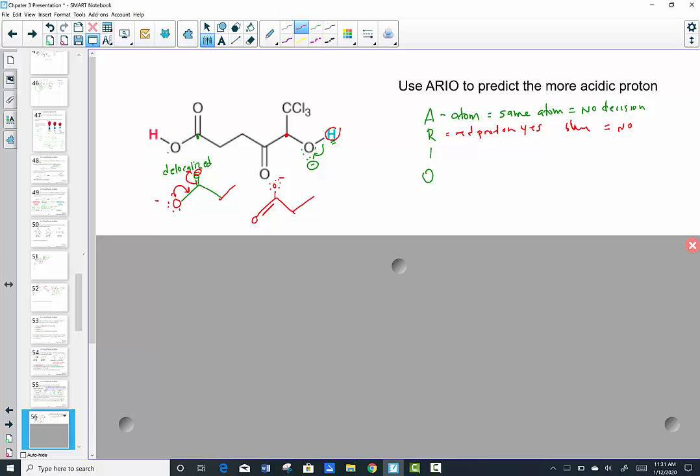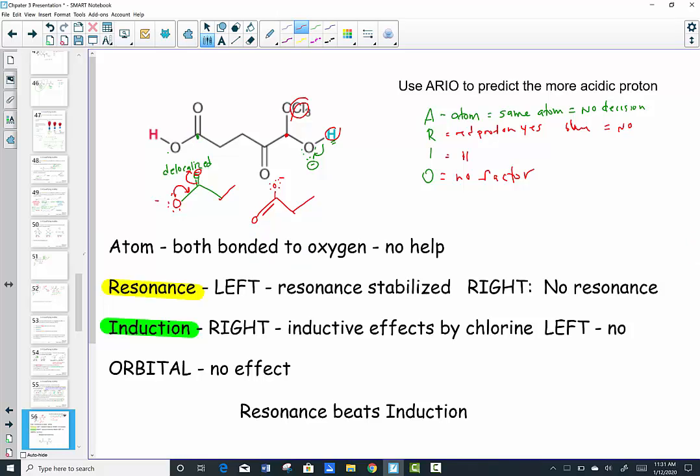How about here? Which one is more acidic? Well, if you consider removing both protons and just look to see what conjugate base forms, we have the first conjugate base that looks like this, and the second conjugate base that would look like this, right? So, ARIO,